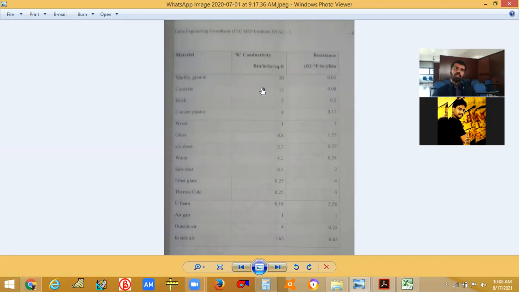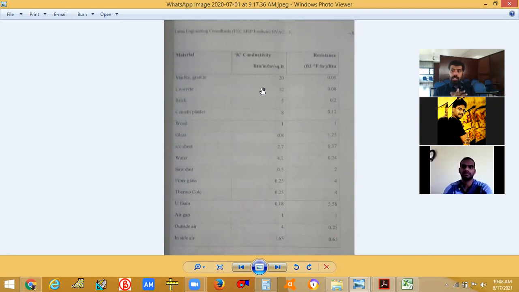Because when we are doing heat load calculation by the E20 sheet, the estimation 20 sheet, we will be studying it tomorrow, or let's see whether we can start it today itself. We need these values. The formula for finding how much amount of heat is coming into our room is Q equal to UA delta T. In that, U is this U factor. We need that U so that we can insert it in the formula and find the Q value. Q means the amount of heat. So these values are very important.